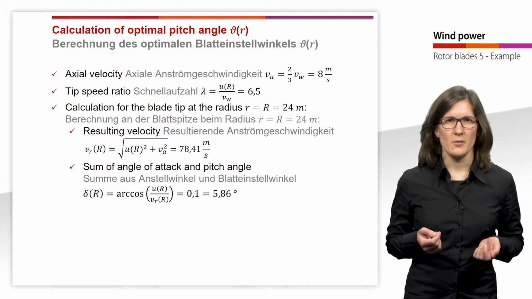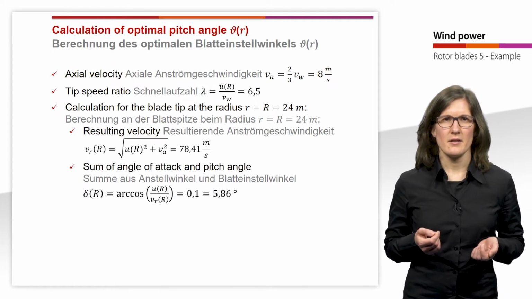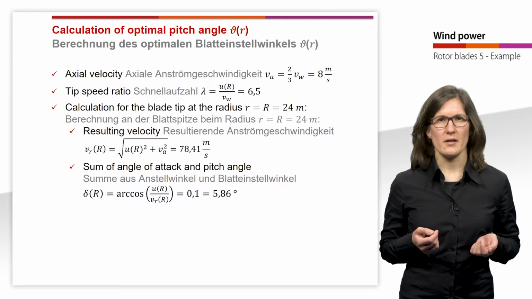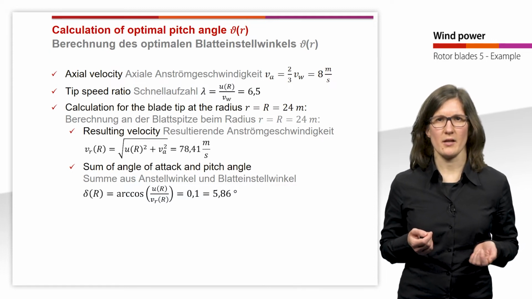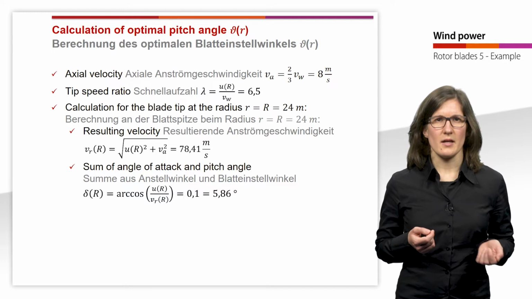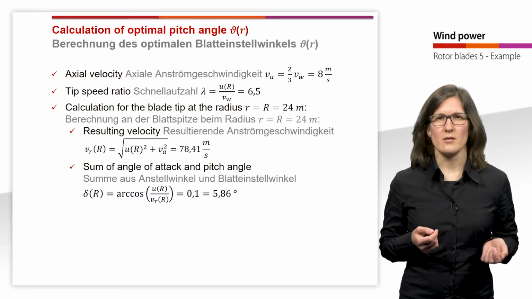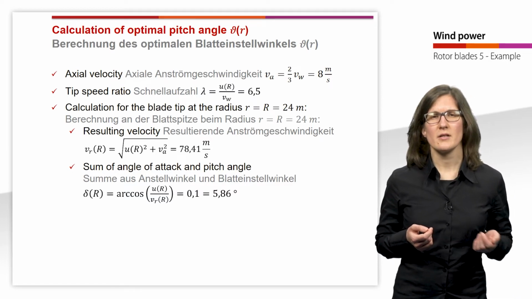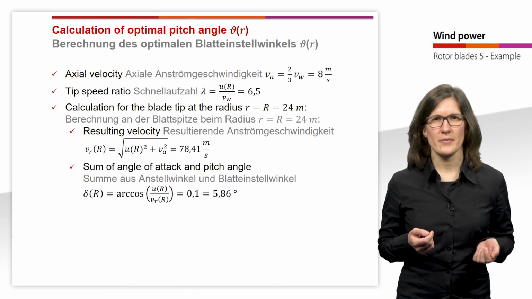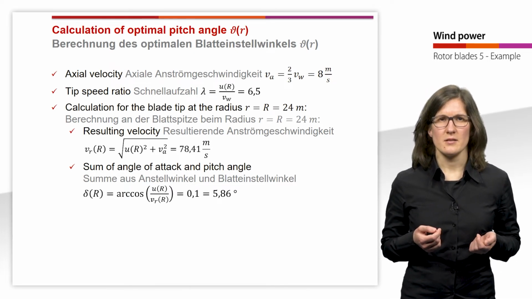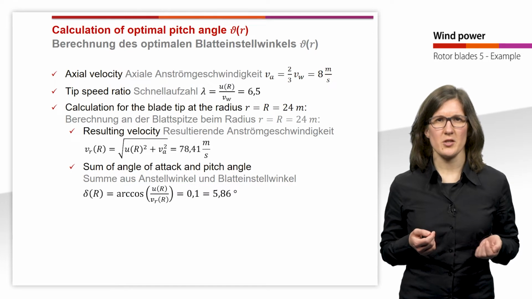And afterwards, we calculate the angle delta, thus the sum of angle of attack and pitch angle. And this angle is calculated by the arccosine of u divided by Vr. The result is 0.1 in radian measure, thus